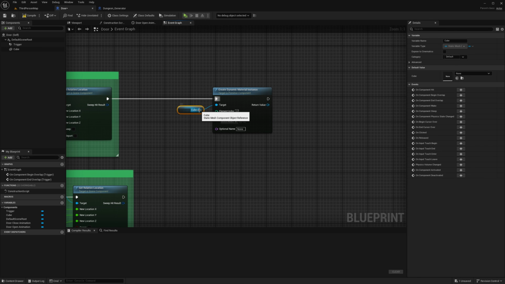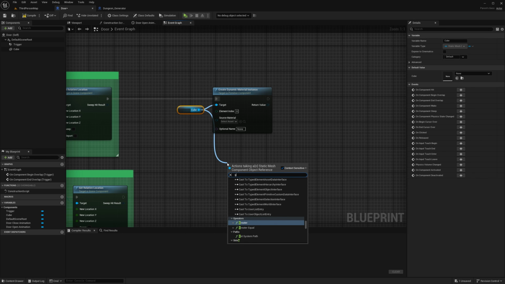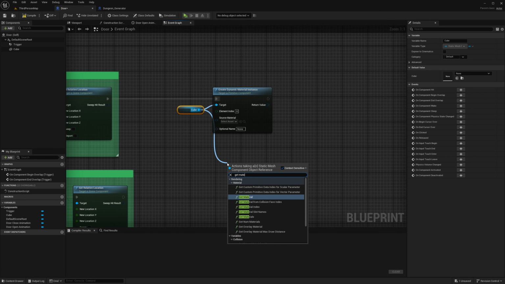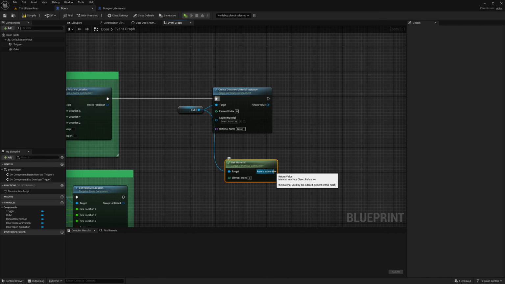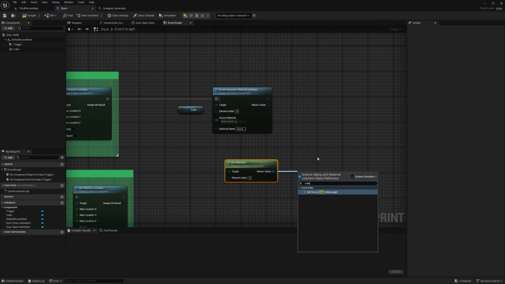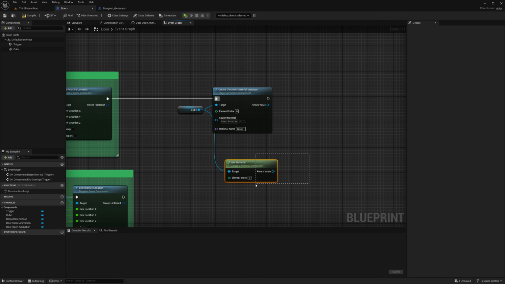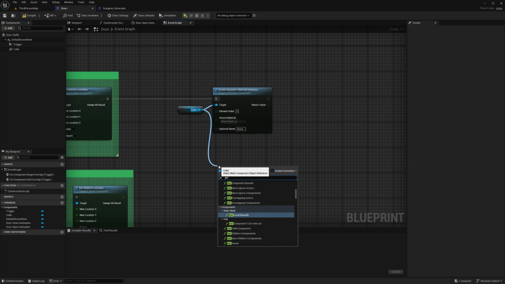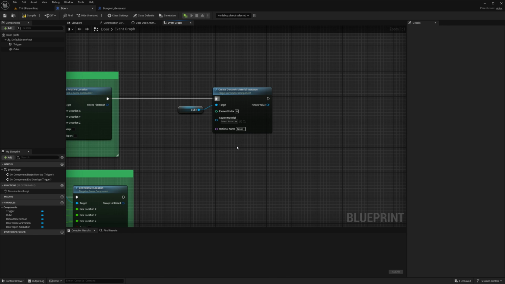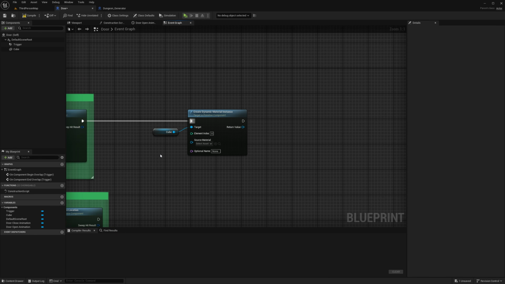I mean, one would think that you can just get out here, get material. I can actually do that. Then I want to, I don't know, get the color. No. So, get material color. No. I mean, there's nothing. You just can't get the material color and change it. So we need to go through all these hoops to get things working, right? You can't just get a color and change it. That would be too easy.